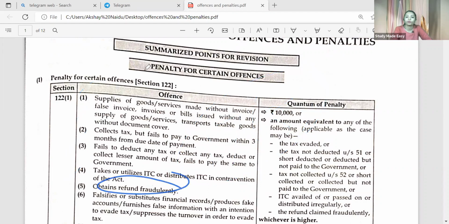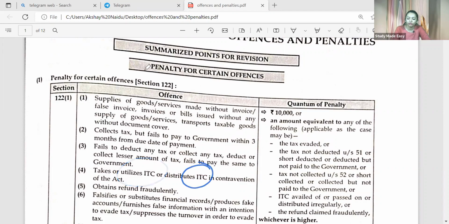Obtain refund fraudulently. On a fraud basis you are taking the refund. That is also not good. Then, falsifies or substitutes financial record. That means you are generating fake records, falsifying records. In that case also you are doing an offense. So there is supply but no invoice. Invoice but no supply. Fails to collect, fails to pay, fails to deduct, falsifies the records, or you utilize